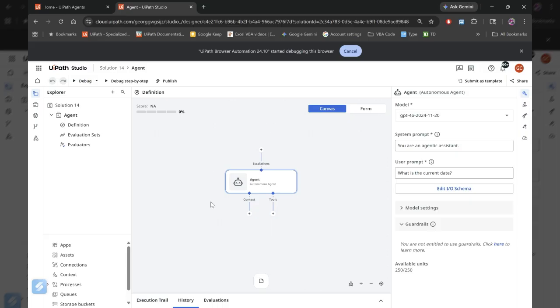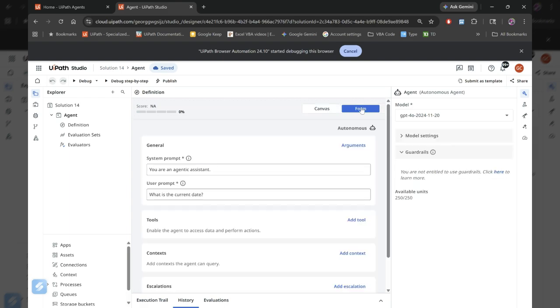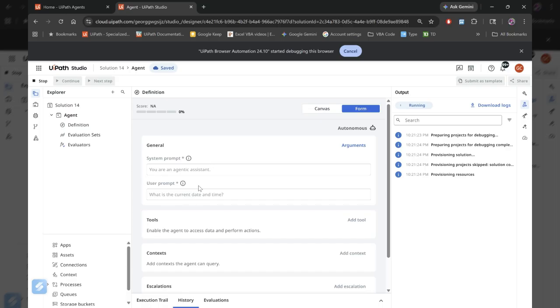Okay, this is my agent. You know that you have two view, canvas view and form view. So you can go with any of those. It doesn't matter. You can go from here. So it says you are an agentic assistant. What is the current date? This agent, we can check what is the current date and maybe I can say time. Okay, let's go and test that the agent, what it says with this very simple request